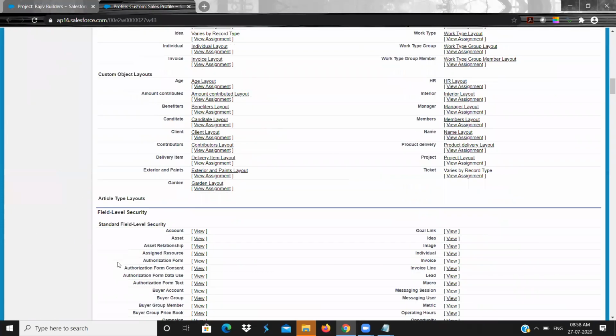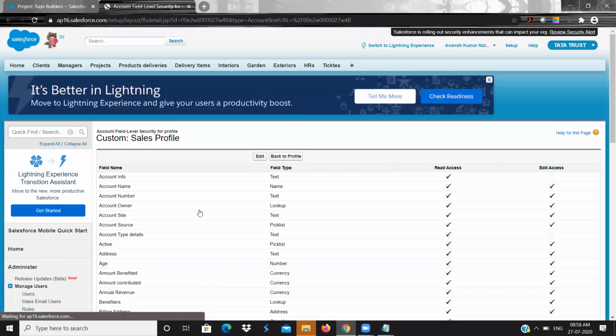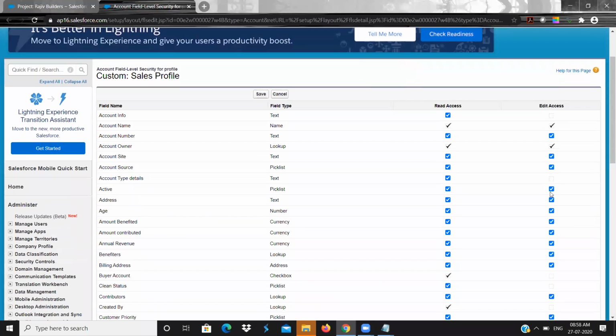Okay. And I can control the field level security. Before clicking on edit, I will go to the field level security. If you wanted to control the field level security for account object, click on view. I can click on edit and I can make whether it is a read only or whether I wanted to edit it. If I remove both, then it will be hidden. Okay.